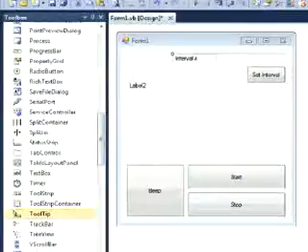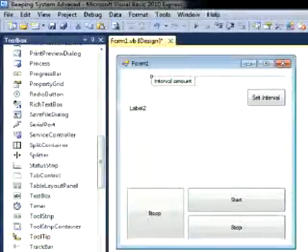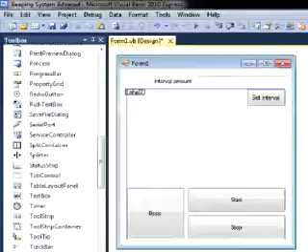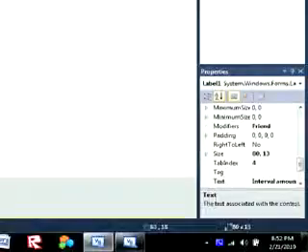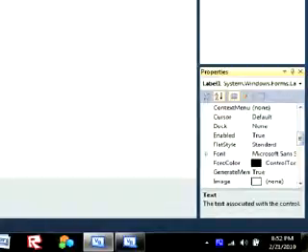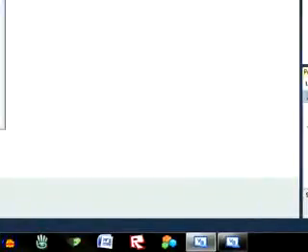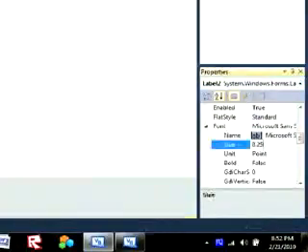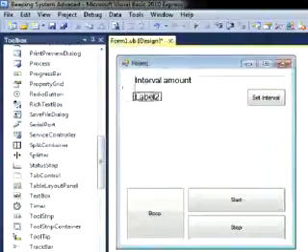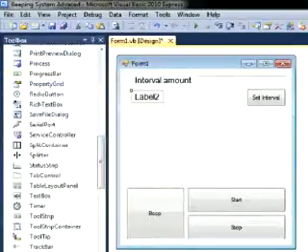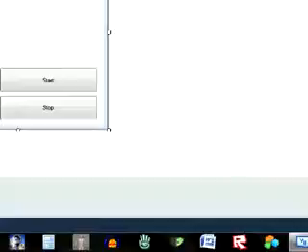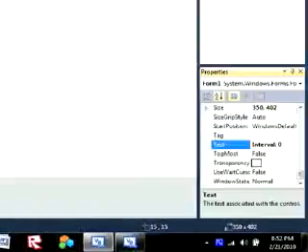Now let's drag it back and label 2 can be right here. And let's resize this font by going into the properties, then font, and change it to 12 so that it's fairly big. Okay, now change label 2 name to interval colon 0. Oops. Click the form and rename it to